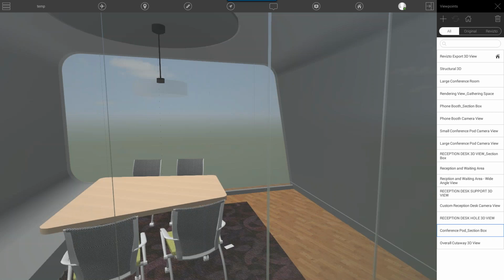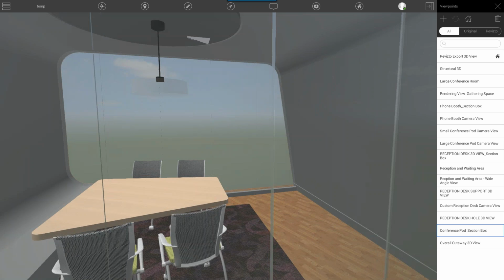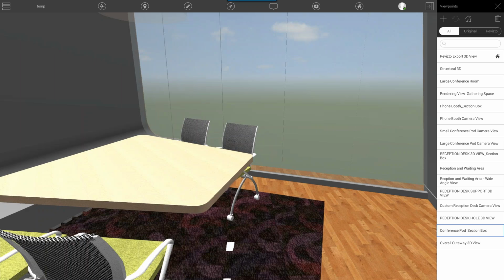So one thing to be aware of is the 3D view that you set up and export from. All the phasing and design options and anything that's visible in that view is automatically going to be the only thing visible in all the other saved 3D views.